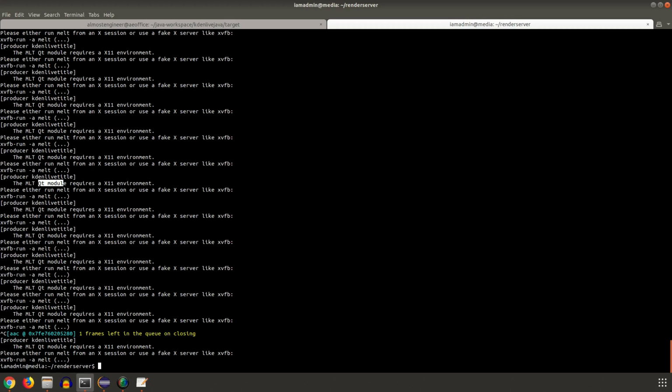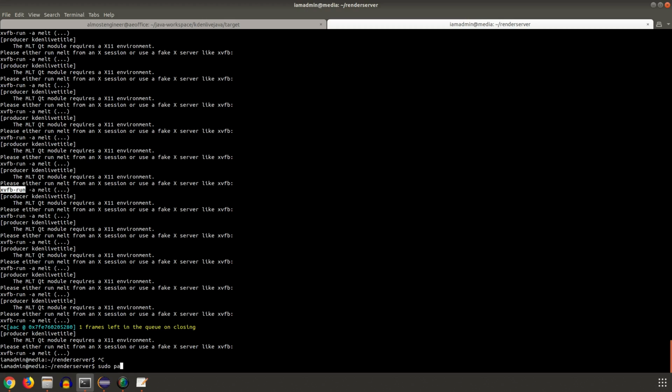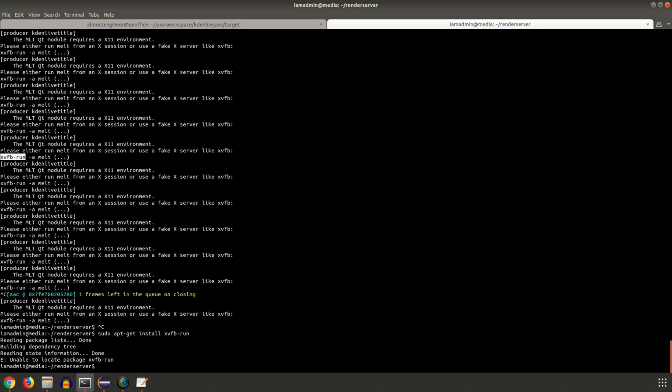So I do see that this error here actually does give you the command that you need to run, which is xvfb-run. So if you do not have this already installed, you will also need to install this, as I had to install it on my server as well. So it's just sudo apt-get install xvfb-run, and